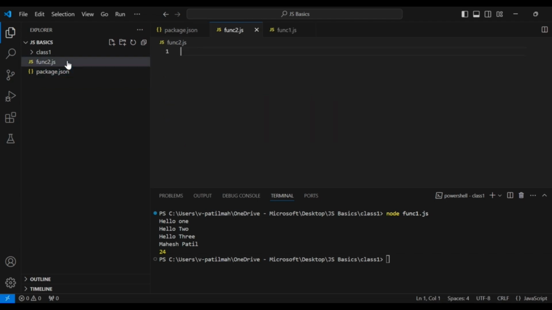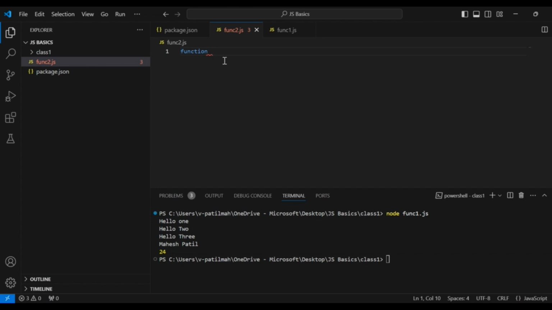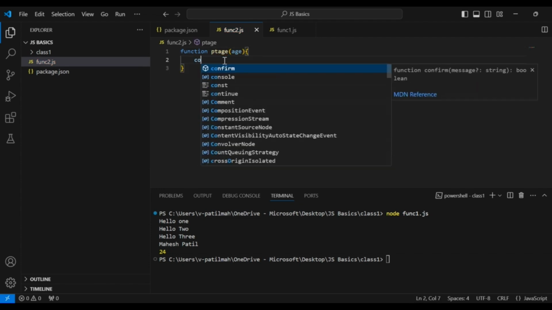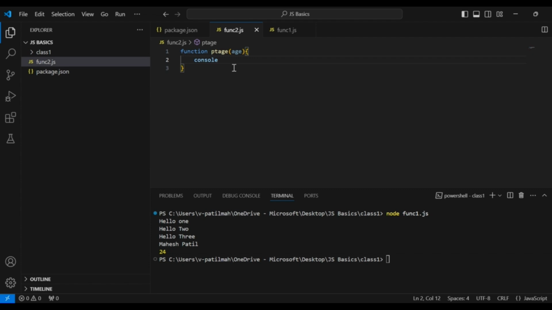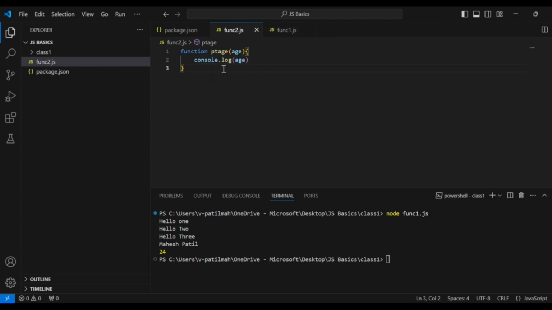function2.js, and I'll write a small function to print the age. I pass the argument here as age, console.log. So I wanted to call this function from